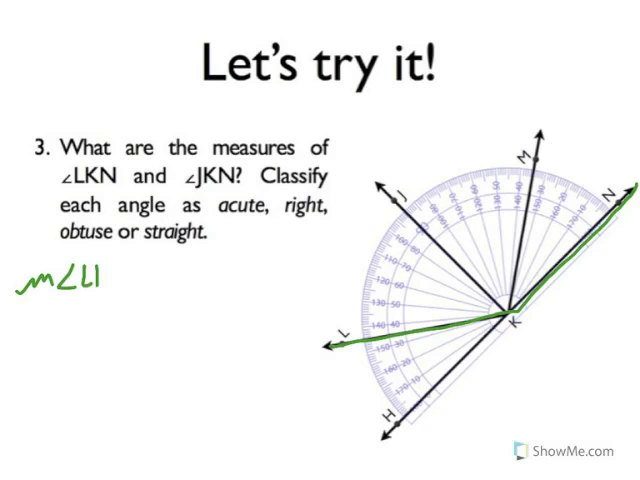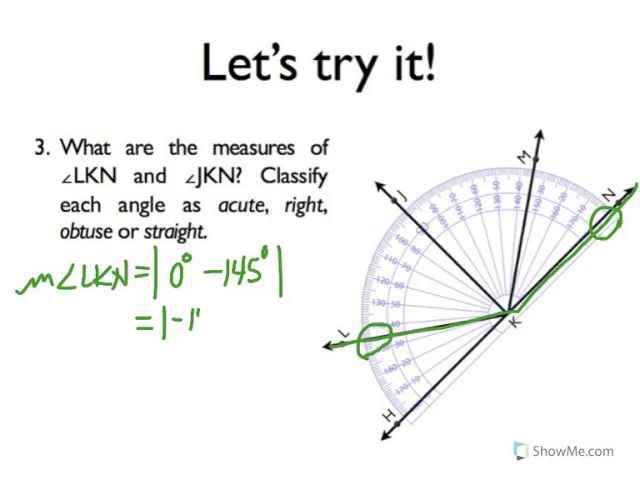The measure of angle LKN is going to equal the absolute value of the difference of the coordinates. Let's see here. If I look at the outside numbers, the number associated with ray KN is 0 degrees, and the number associated with ray KL is 145 degrees. It's halfway between 140 and 150. The difference of 0 and 145 is negative 145 degrees, which then is